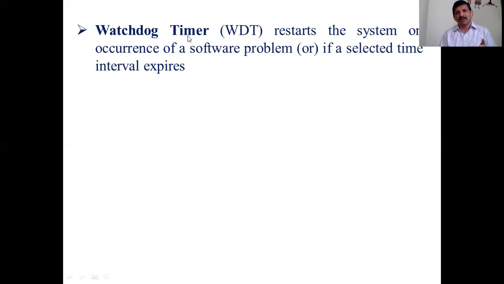How does it know whether it is working or not? We are putting some time, suppose 32 milliseconds, and the system is reset. If it is working, then at 31 milliseconds we clear the watchdog timer, meaning the time value becomes 0 again. If the system works properly, the watchdog timer value becomes 0. Otherwise, the watchdog timer expires automatically.